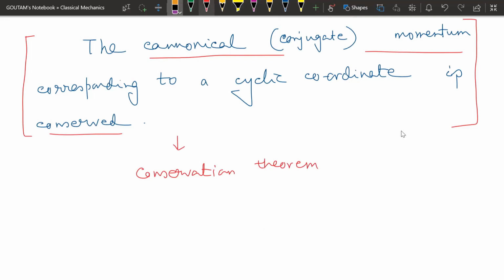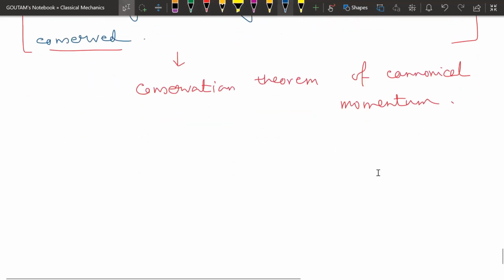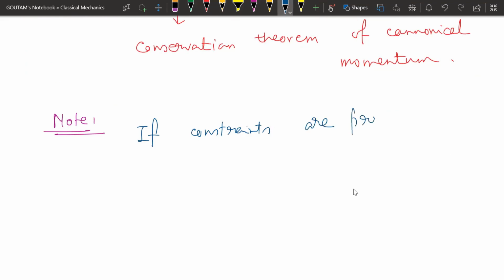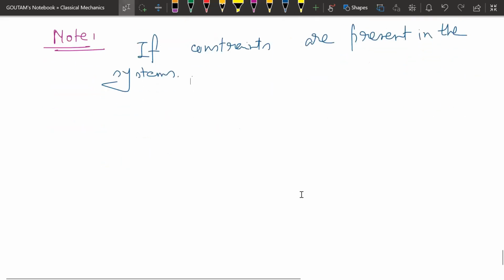Conservation theorem of canonical momentum. Now, one thing we must note down is that if constraints are present in the system, in that case, the Lagrangian equation is